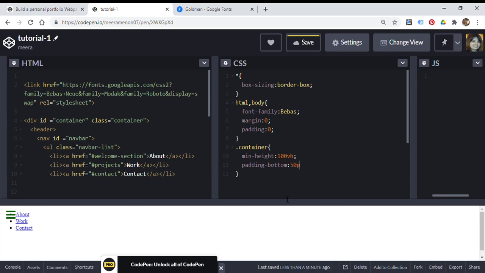Okay, now padding, 50 pixels. Okay, this is for the padding of the nav bar. You wouldn't understand now, but sometimes this is not required. It depends on the design. So do not lay too much emphasis on that. That will happen after you check on the design.